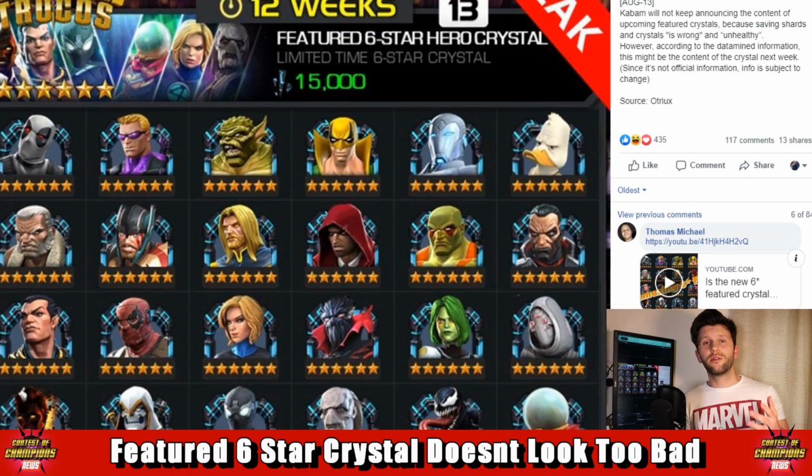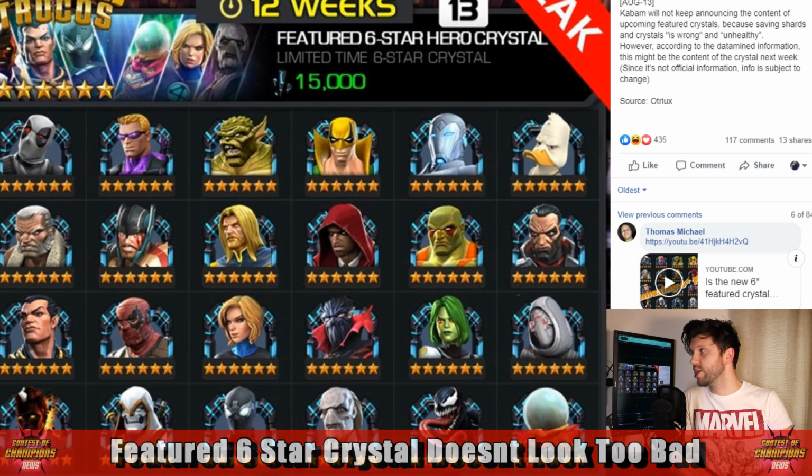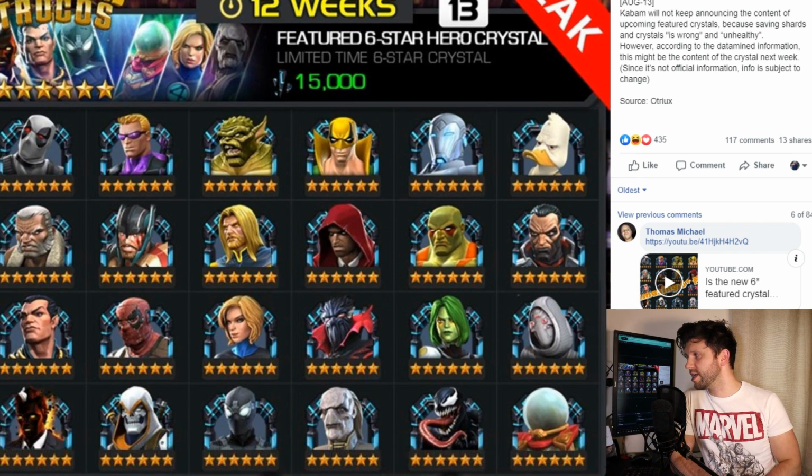In other news, the champions for the 6-star featured crystal have been announced. This will be taking place as of August the 13th, so tomorrow, and these are the champions you're going to see. Nothing really overly amazing, I say that, but there are actually some good champions in amongst it. We've got Ghost, Gamora, Venom, Symbiote Supreme, Punisher 2099 has his quirks, Drax is okay-ish,